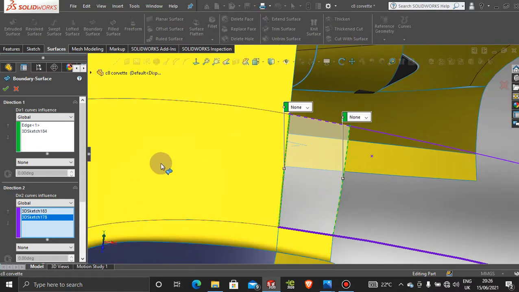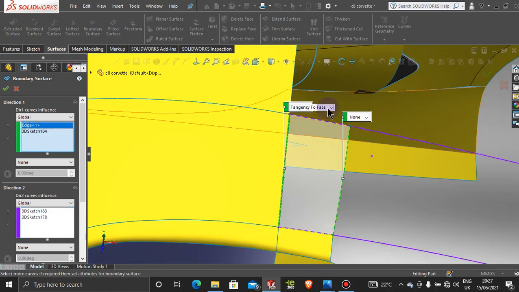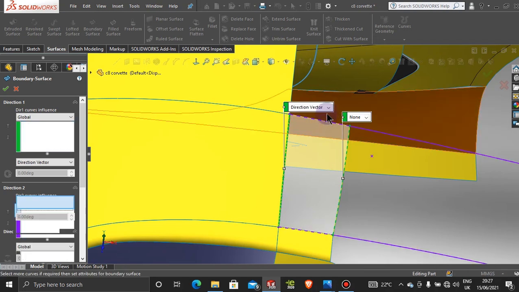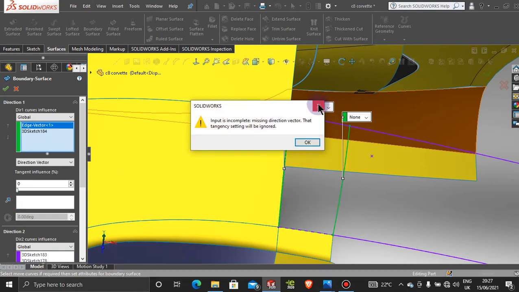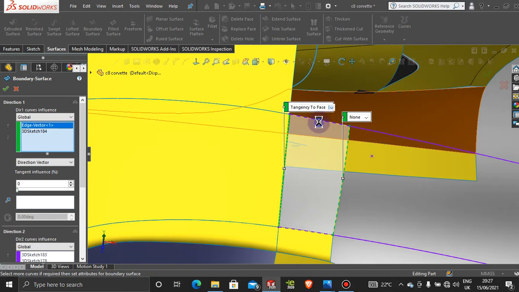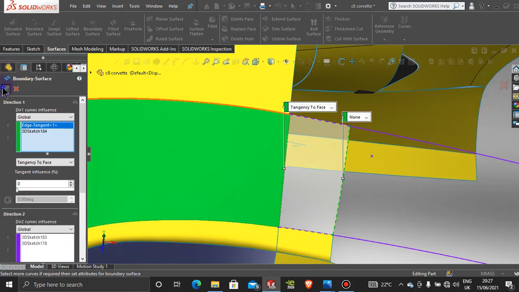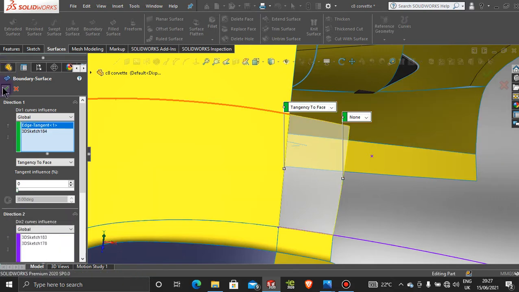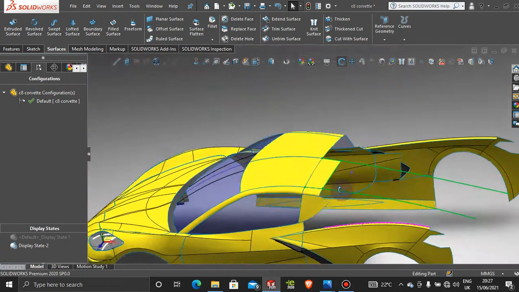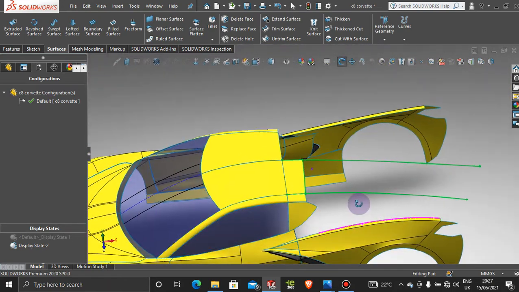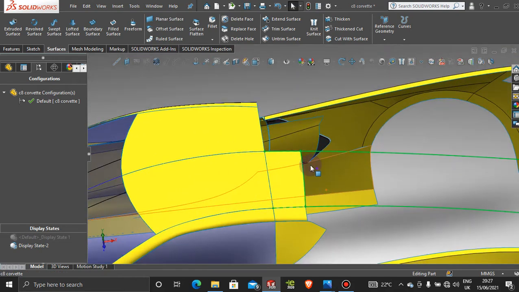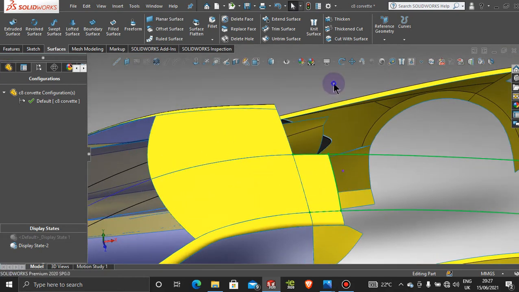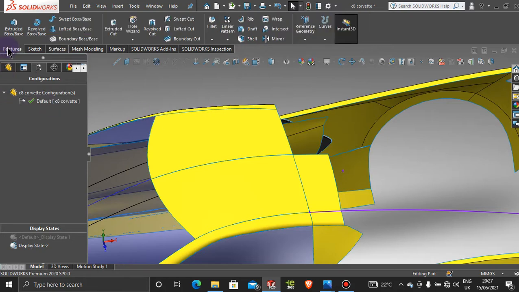Okay, and for this area here we can add tangency to face, direction to the, no, and tangency to face. That's it. All right, so now we have a nice fluid surface all the way through on that surface as well. Okay, and of course we're gonna mirror this over to the other side. So mirror,